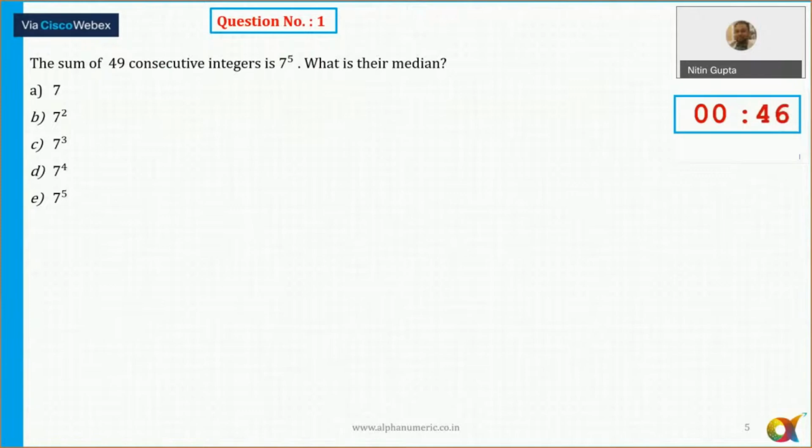Okay, Tanya is saying option C. Garima is saying option B. We'll check that. Garima is also now saying option C. Nikita is also saying option C. Like I said, this question will not take more than a minute. It's a very easy one. I started with a very easy one and gradually I'll keep on increasing the difficulty level.